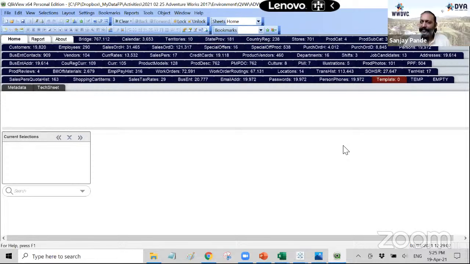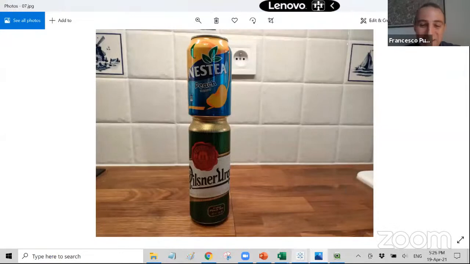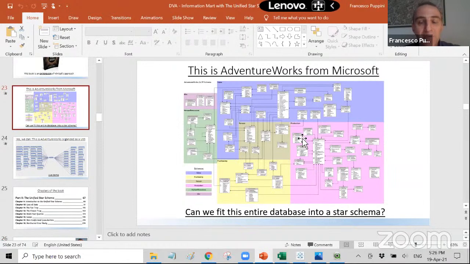Another question is, so this is a redesigned third normal form? Well, no, this is not a third normal form. That's not what I wanted to show. So this is a third normal form, and it is given. Data is given. Data means given. So I receive this in third normal form. So what I do, I turn this into one single star schema. So it's totally one star schema.